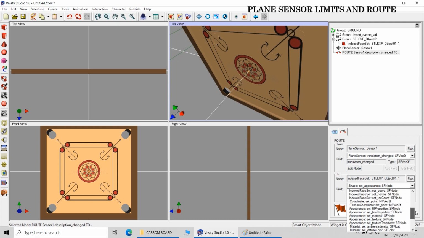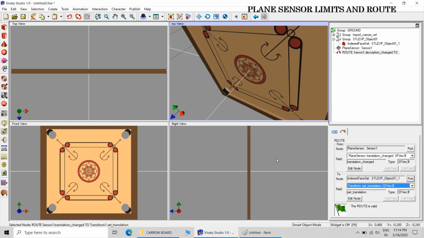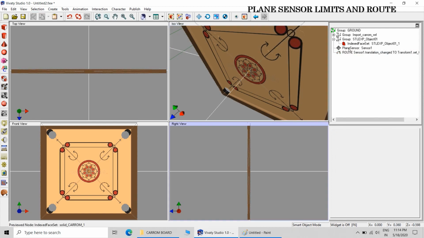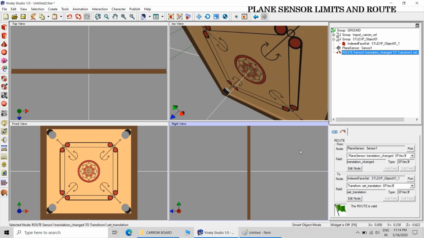Set translation. Now I'm looking for set translation. So route is valid. Now you can see the route. Route is perfect.